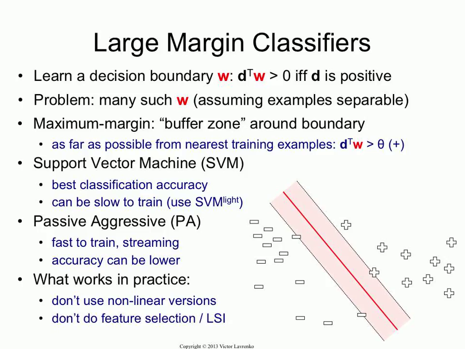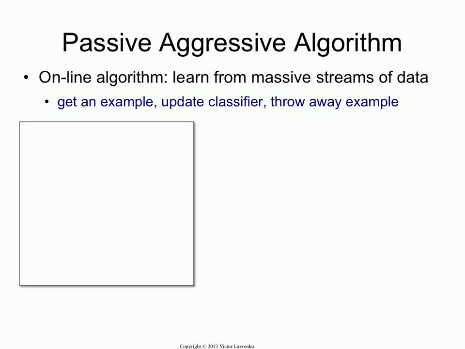Feature selection, dimensionality reduction, topic models, LSI is a waste of time if you're doing classification. So don't even bother with that. But do use basic things. TF-IDF weighting really helps. Normalizing documents to unit length really helps. Not always, of course, you want to experiment, but more often than not, it gives you a big